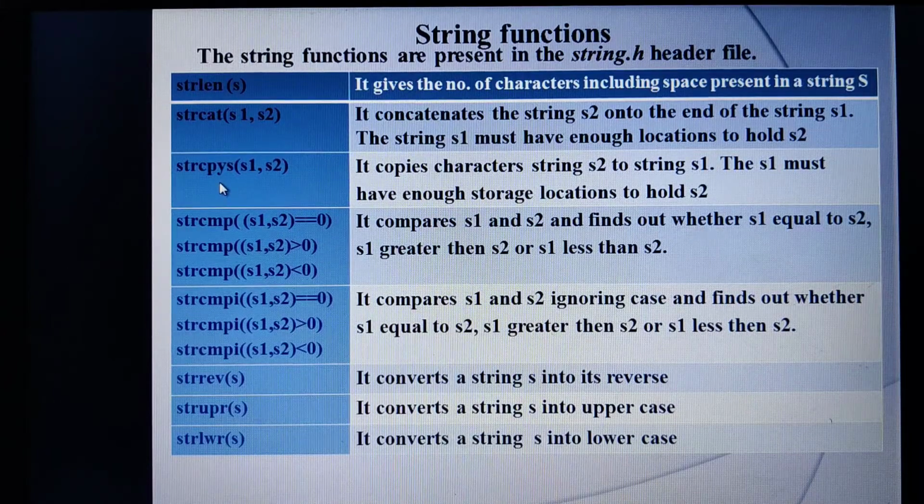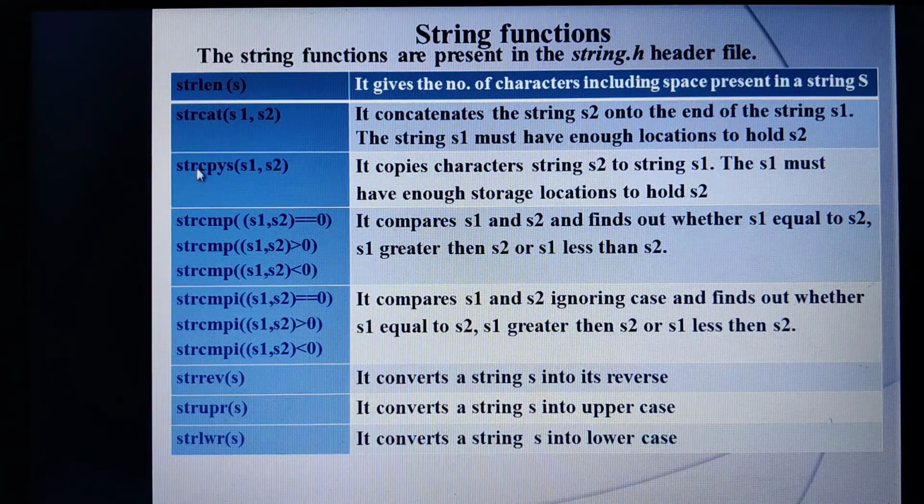Now let me explain the next one so that I can explain all three functions with the programming example. Next we have string copy. Suppose I take two strings, s1 and s2. s1 has the content good and s2 is a blank string, it doesn't contain any value.